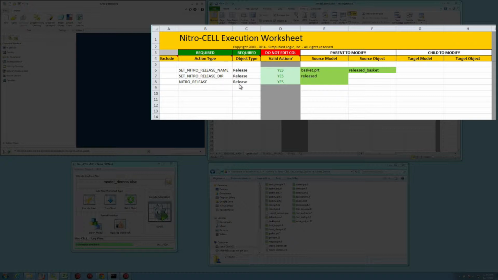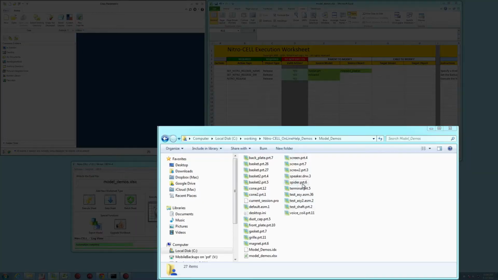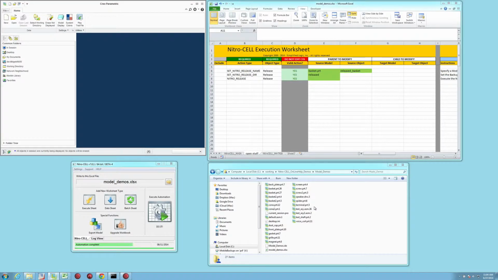That's what these variables are set up for. The Nitro release function initiates that stuff, and the models that we're modifying there can either already be in session or they can be pulled up off of the hard drive automatically from Nitro-CELL. So when I run this process, it's going to create a new directory within my working directory as a subdirectory called released, and it's going to open up the basket.prt and then rename it and clean up the model, meaning strip it of all of its relations, suppressed features, so on and so forth, and back that up as a